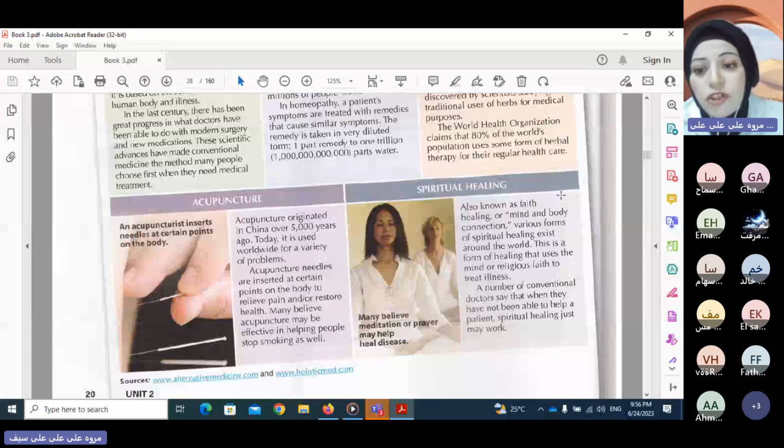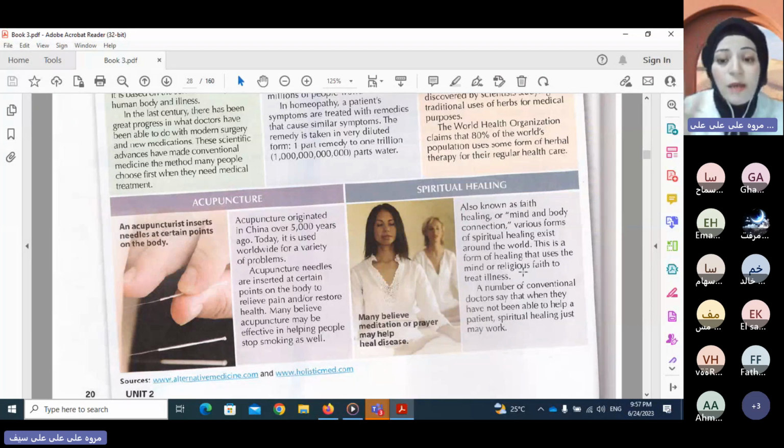Now we have the last part, which is spiritual healing. You have one minute, read it and summarize it. But the good thing we do when we summarize the information is not to use the same words that are used in the article. You just paraphrase it, use your own words, not every word that is before your eyes. I didn't hide the text. Just read, understand, and use other words similar to the words in the article. Start now.